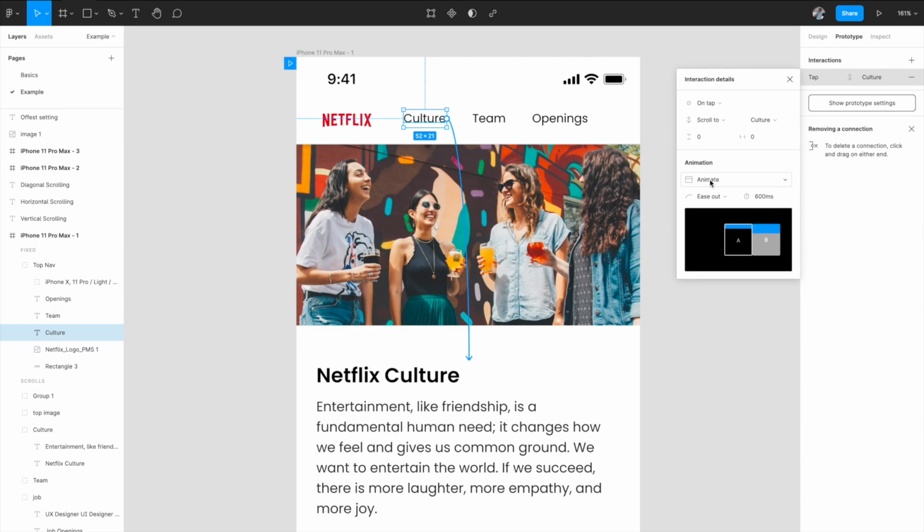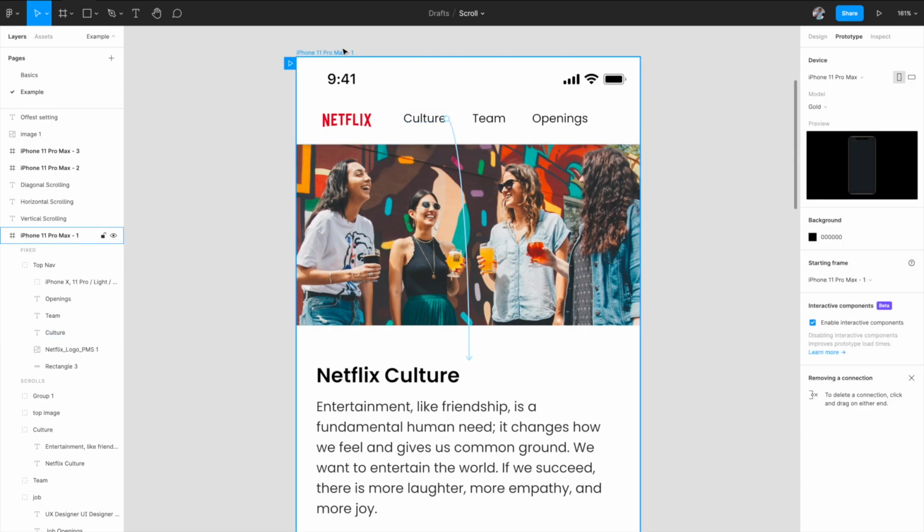You want it to animate, ease out, and since the touch point, the hotspot, is close to the section itself, we want it to happen a little bit slower. So I will give it 500 milliseconds. The closer the section, the more time you want to give it to finish. The farther the section below, you want it to happen a little bit faster, because there's more distance to travel. Perfect. Now let's quickly see how it looks.